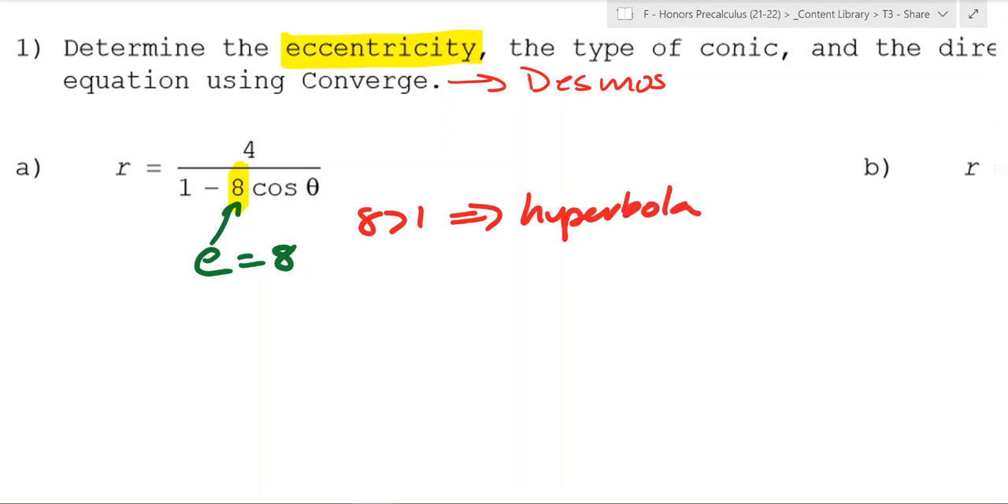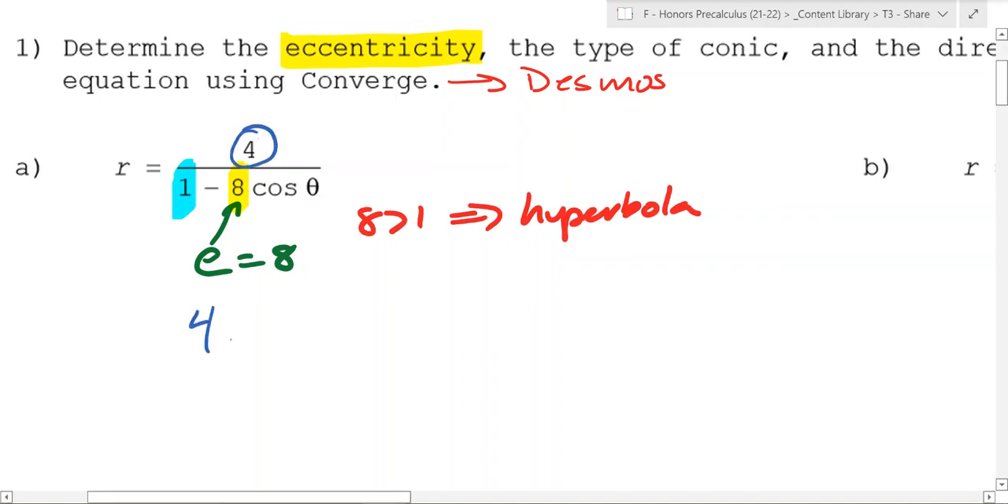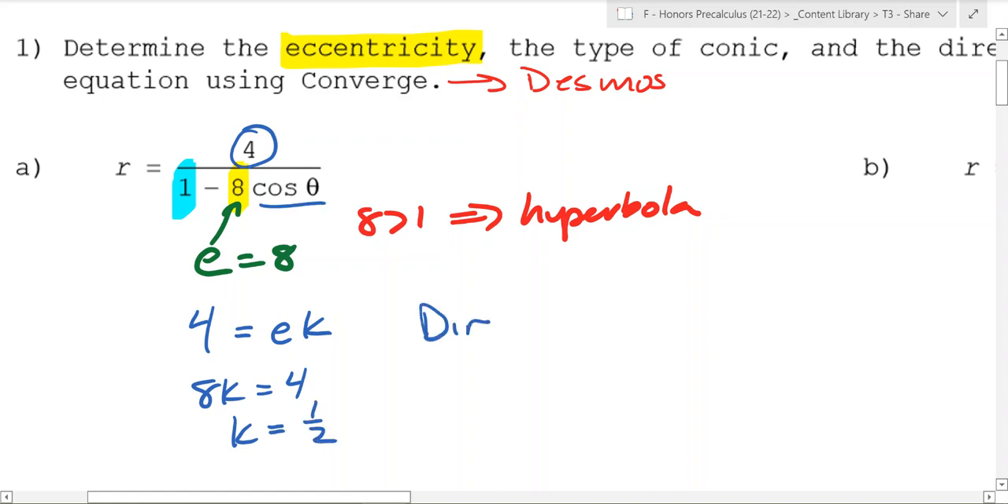We also know that because it's in the right form here, this is a 1 right here, we know that this number, so 4, is equal to e times k. But we know that e is equal to 8. So we know that 8k is equal to 4. So in this case, k is equal to a half. This tells us, because it's going side to side, the directrix is a line, and it's going to be x is equal to